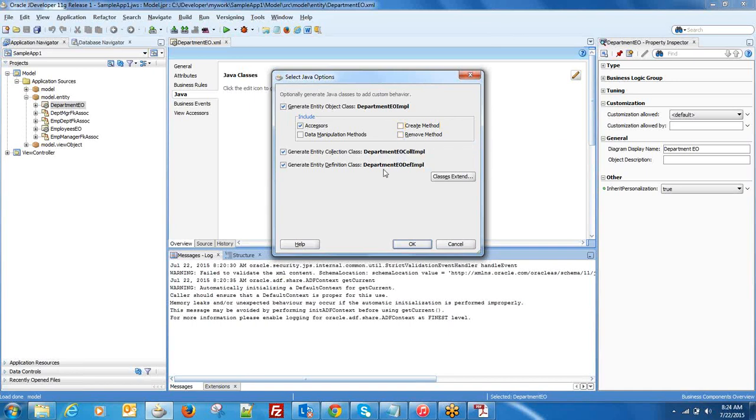Now let's talk about the collection class, which is basically known as the entity object collection IMPL. This class represents all the rows from the entities, and it maintains the internal ADF business component cache. But we generally don't generate this class unless we maintain some cache mechanism for entity objects. It's a framework class, and we don't need to generate it,